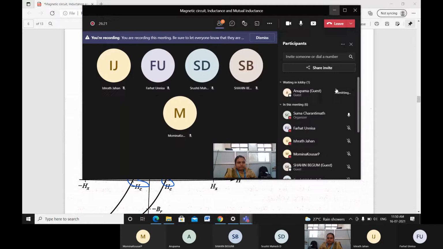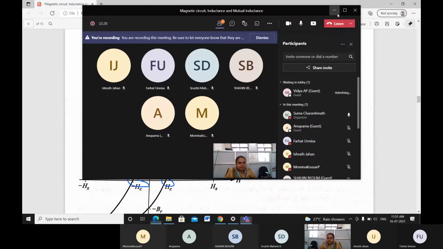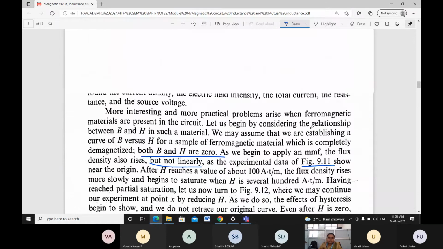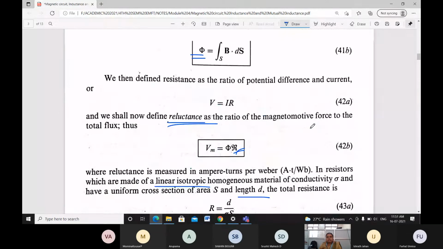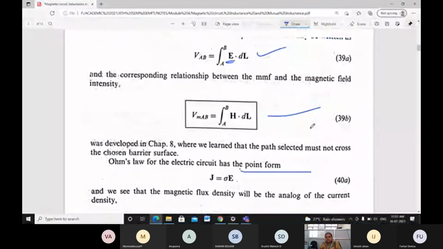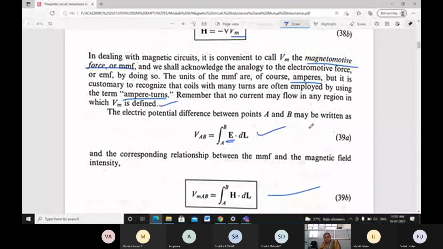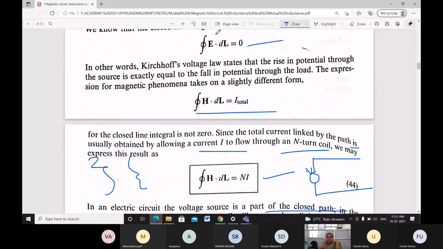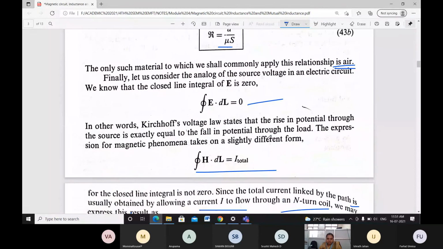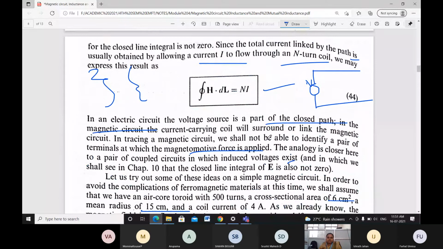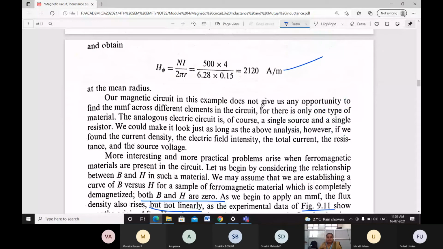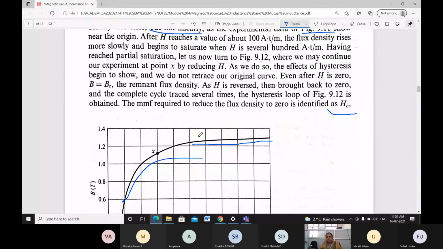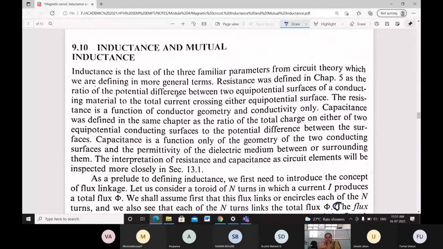This is about a magnetic circuit, how it works. You just have to go with the equivalent circuit. We have to define the resistance, potential, and the H value equation. Then the reluctance equation. Based on that, we use Ampere's circuital law. Then we used Kirchhoff's law and took a small example here. Then we explained how it varies with respect to graphs. This is all about our magnetic circuit.